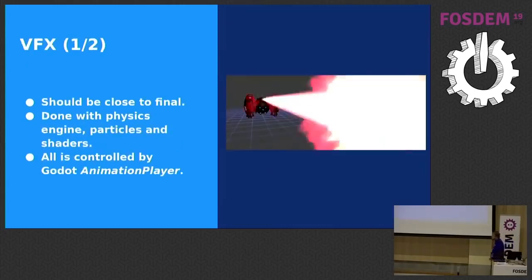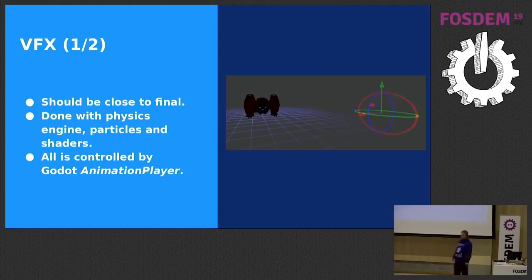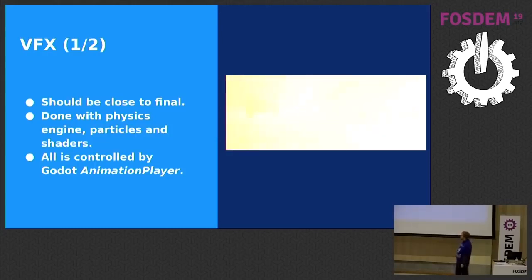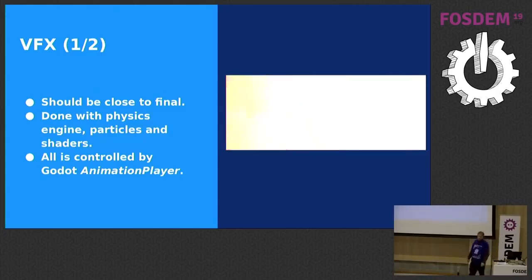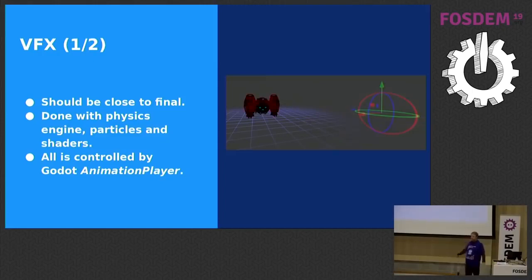So VFX is something that also needs to be pretty final in a proper prototype. It may not be exactly the final version, but it has to be very close to final because, again, both VFX and animation are parts of an interaction, and that is part of a core mechanic. So VFX had to be final from the prototype. Godot is very cool. It has something that no other engine has, which is an animation system where you can pretty much animate absolutely anything in the engine. You can even change a mesh or change a texture, call functions. You can do so much from the animation system in Godot that you can do a VFX really nicely.